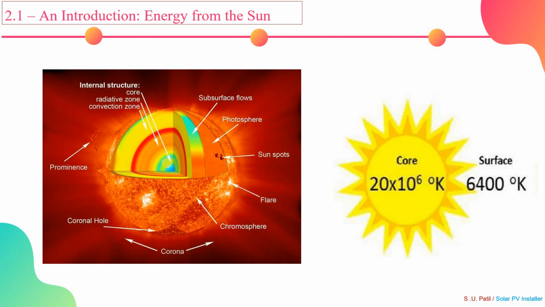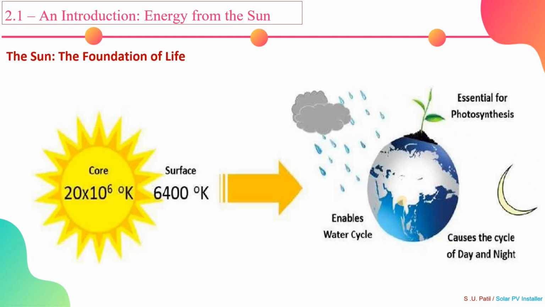While the core is where the action happens, it's not something we can directly observe. It is hidden due to the thick layer of hydrogen. The part of the sun we can see is called the photosphere. It is the outermost layer and has a temperature of about 6400 Kelvin, which is still incredibly hot but much cooler than the core temperature. Our planet Earth has access to this energy for almost 8 hours throughout the day, all around